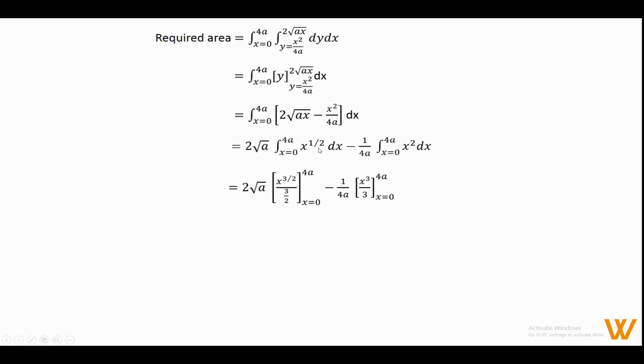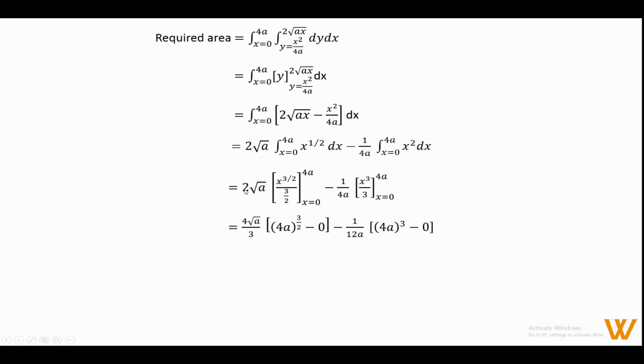Integration of x raised to 1/2 is x raised to 1/2 plus 1, means x raised to 3 by 2 upon 3 by 2. X varies from 0 to 4a, minus 1 upon 4a, integration x square is x cube by 3, x varies from 0 to 4a is equal to, we get 1 upon 3 by 2 is 2 by 3